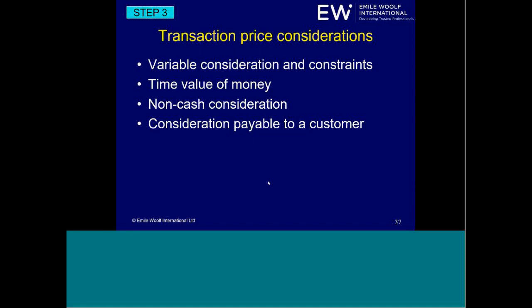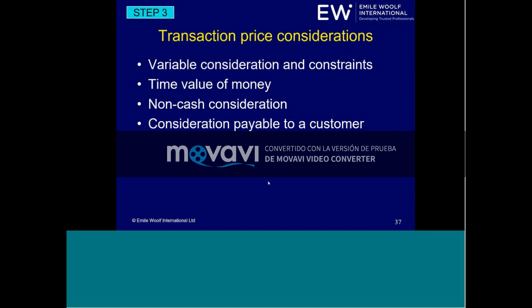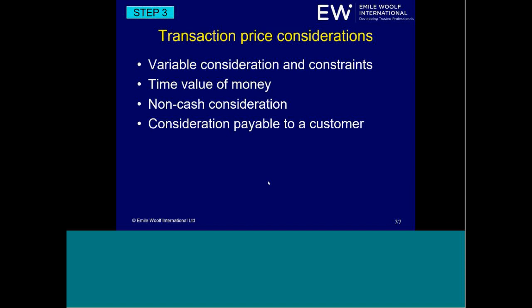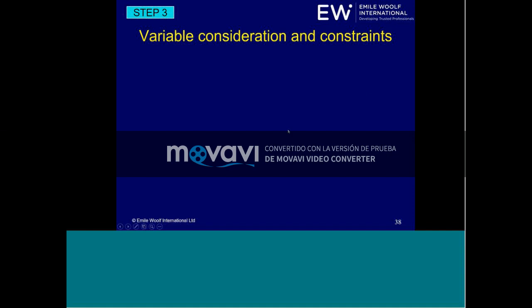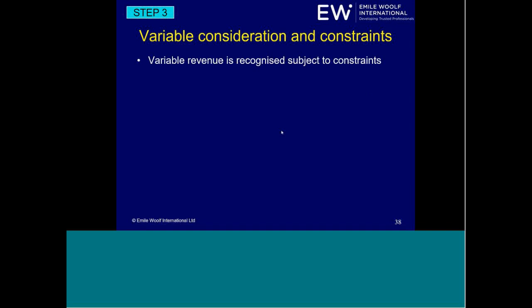And the answer under IFRS 15 is identical for non-cash consideration and air miles or similar payable to a customer. But what way out is a variable consideration and constraining it. So, prices that are variable, penalties, bonuses for overperforming and so on, because